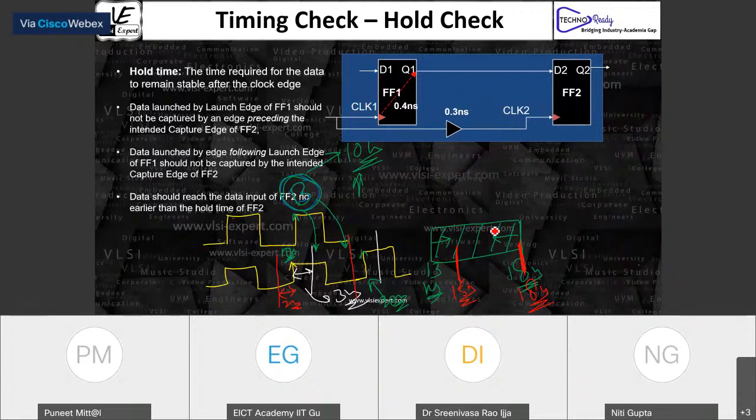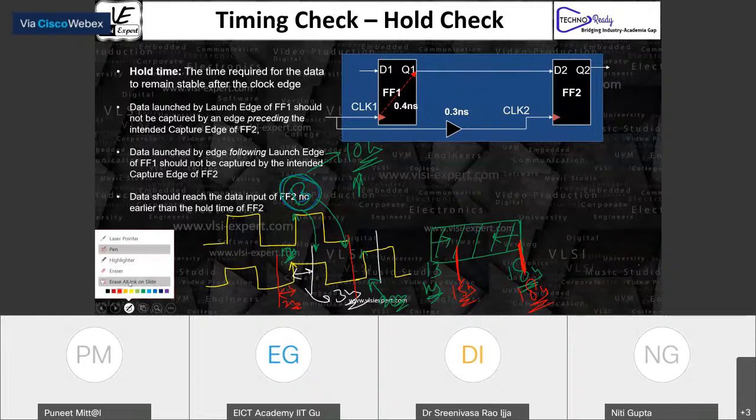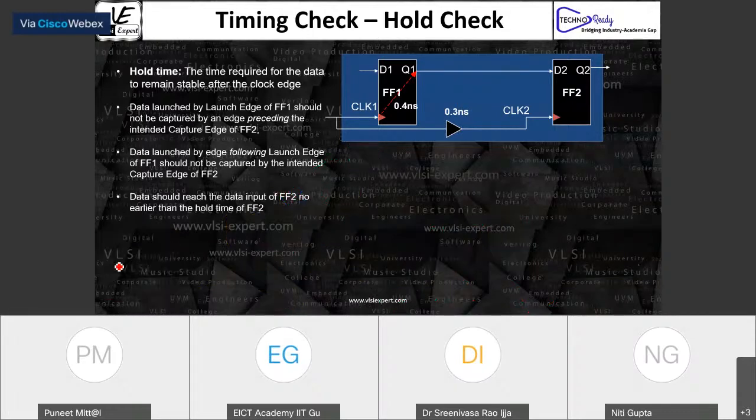Now let's try to understand from the equation point of view, or from the analysis point of view, how you're going to do the analysis. So what is basically the analysis? I think I should clear this whole diagram because I just want to make another one.